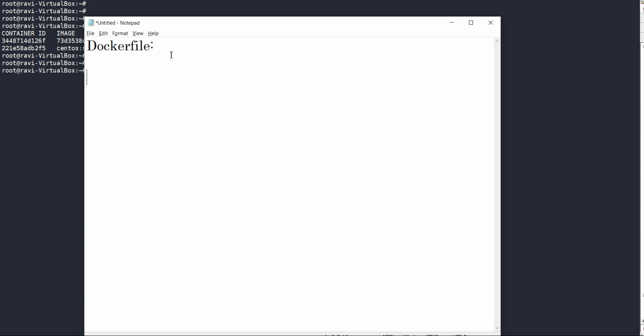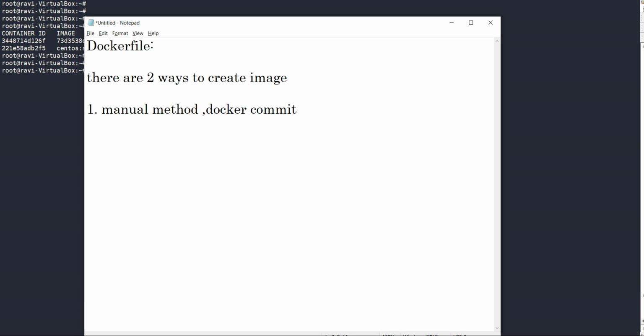So I have created a video. As you know, there are two ways to create a Docker image. First is your manual method that I have already explained. In the manual method, you take a base image, and on the base image, suppose you have to install the HTTP package, then you install it, then transfer some of your source code or any file you want to transfer. Then by using the docker commit command you make an image.